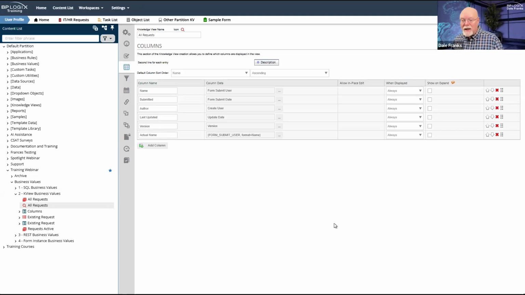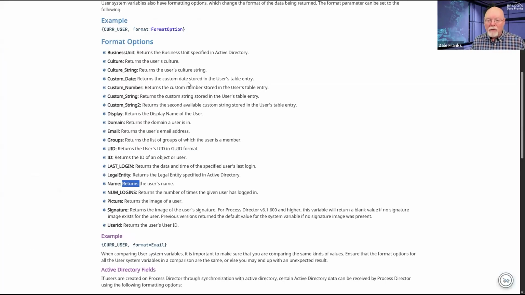So obviously, our primary way of getting data, we should probably think of the SQL business value for grabbing this data. Now, if you're trying to grab certain types of data coming from the system that you would pull from a knowledge view, there are ways to do that in the actual database itself.